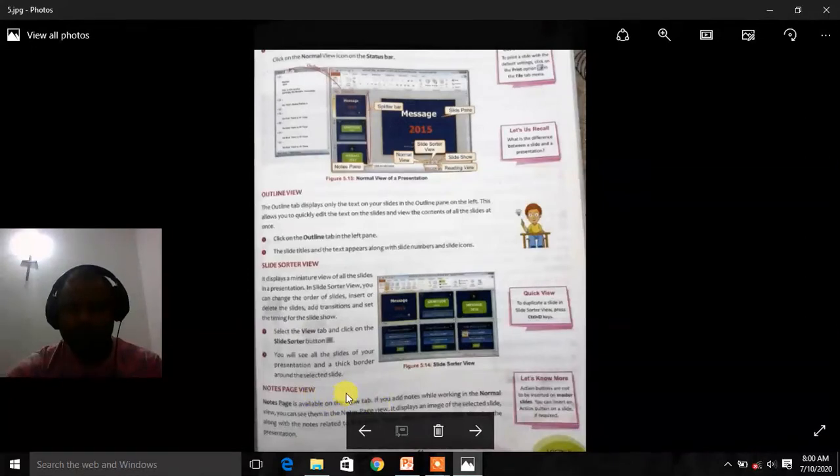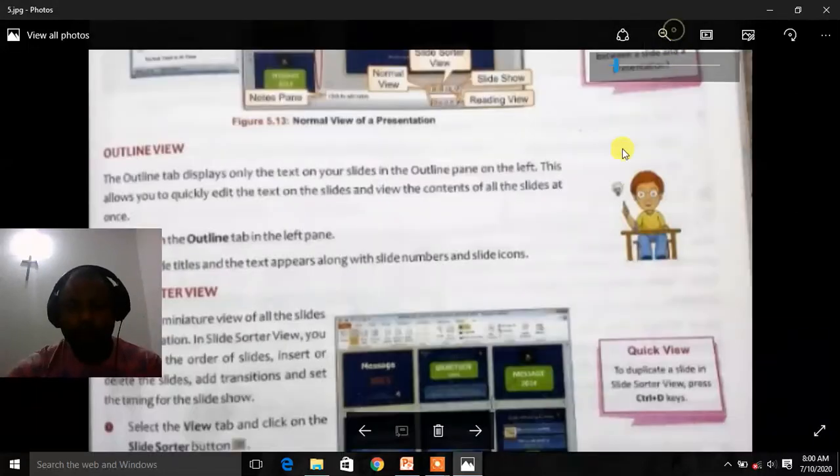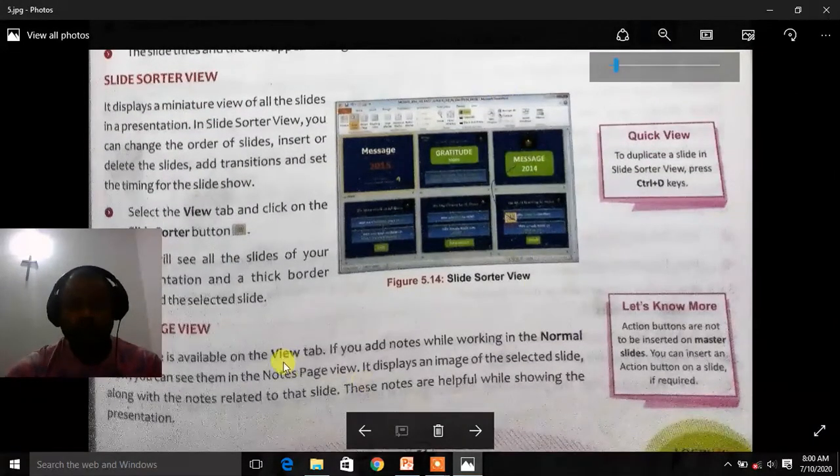Notes page view. If you want to add notes while working in normal view, you can see them in notes page view. It displays the image of the selected slide along with the notes related to that slide. These notes are helpful while showing the presentation.